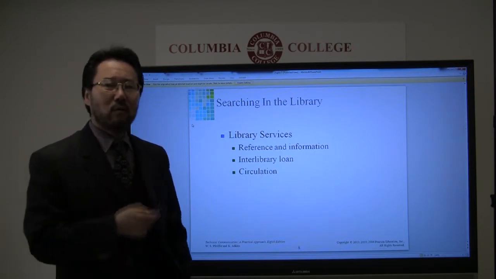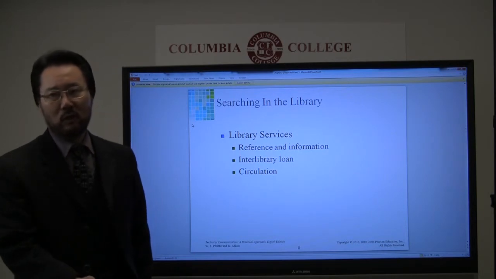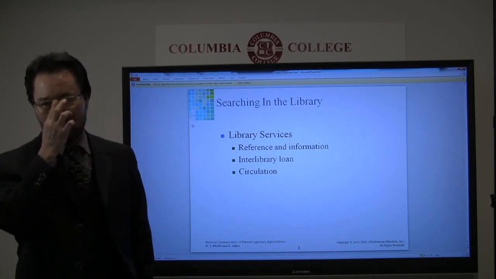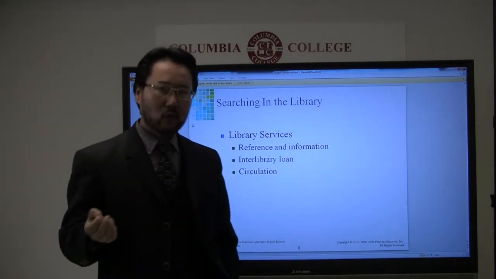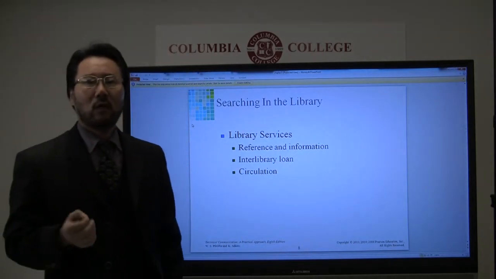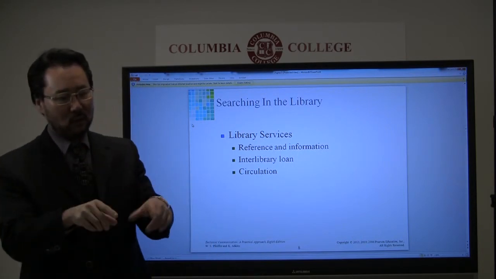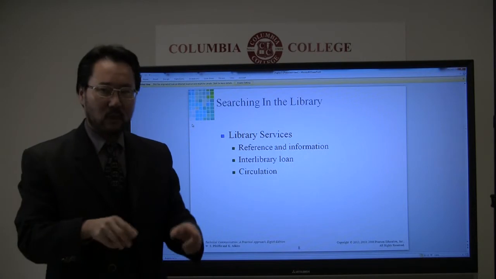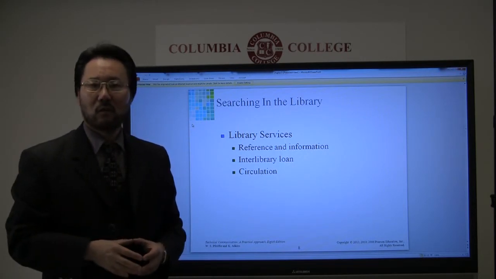Then I think the book starts with the library research. If you go to the library nowadays, in the old time we had an index in printed form, but right now everything is also on computer.